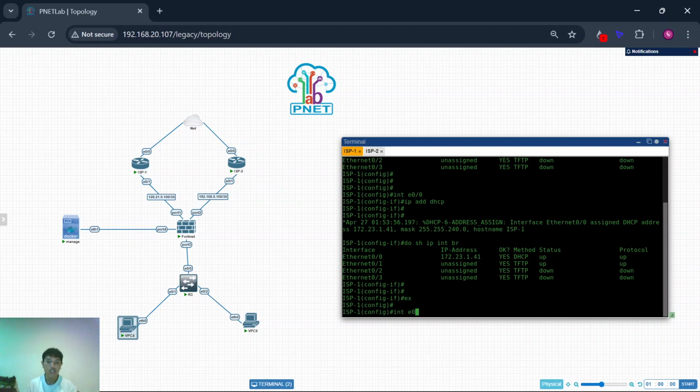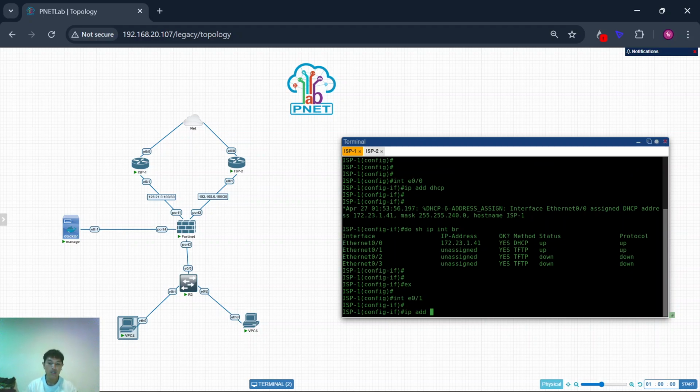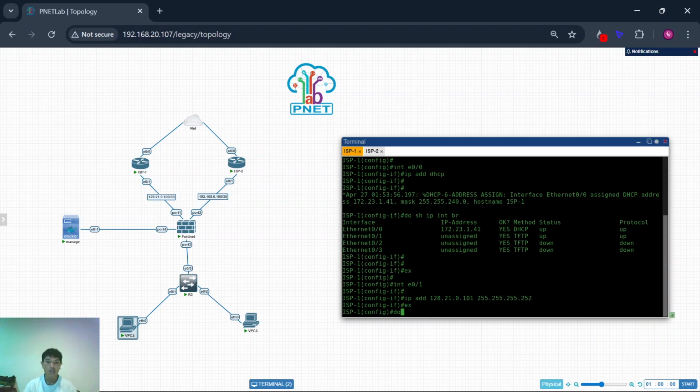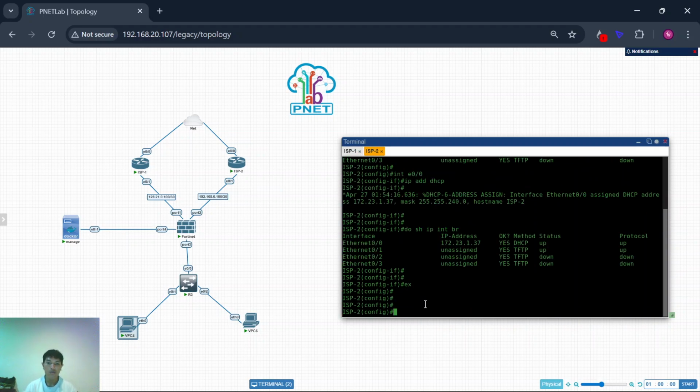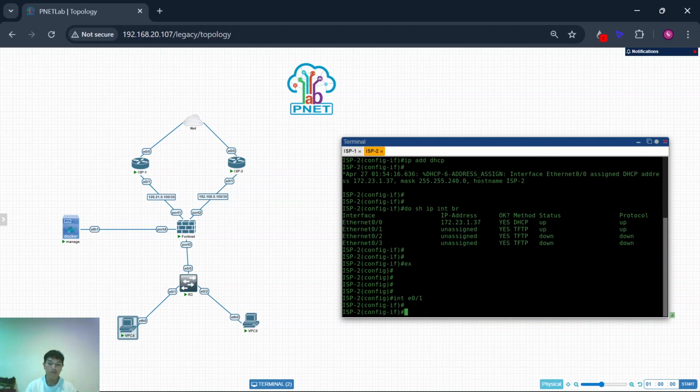And now configure interface Ethernet 0/1 IP address 198.21.0.101. For the prefix I'm using /30. Do write, and here interface Ethernet 0/1 IP address 192.168.0.101.